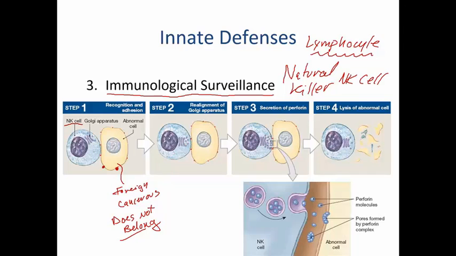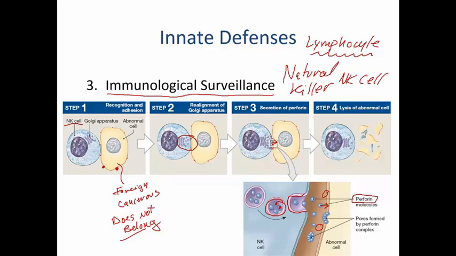And because of that, what it does is it aligns its Golgi apparatus to the cell where it's attached itself. And it essentially secretes molecules into the cell, and these molecules are called perforin because they perforate the cell's plasma membrane that it's attached to. So here are the vesicles coming from the Golgi apparatus containing these perforin protein molecules. Exocytosis occurs and the perforin molecules go to the abnormal cell membrane, and they basically insert into the membrane and form holes